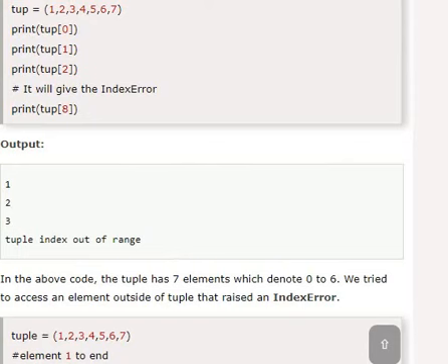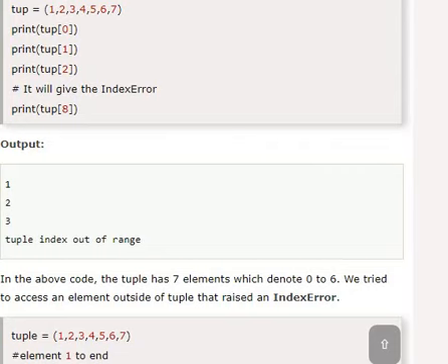Look at this example. We have a tuple 1, 2, 3, 4, 5, 6, 7. Print tup of 0, first element, tup of 1, second element, tup of 2, third element, and so on. tup of 8, you get a message: tuple index out of range.